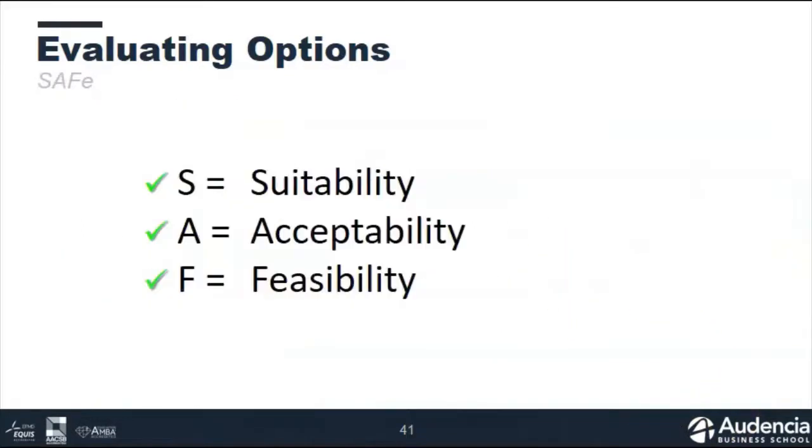And with that, we've come through our 3 criteria of evaluating our option. Does it fit with who we are? Is it suitable for our organization in its context, given its strategy, given its strengths, given its weaknesses, and given the current external environment? Is it acceptable? Is it too risky? Does it provide the amount of return we want? Is it acceptable by our stakeholders? And lastly, feasibility. Can we do it? Simple question.